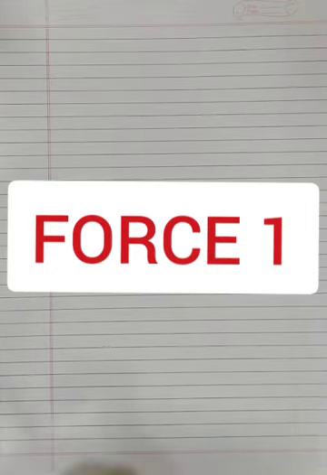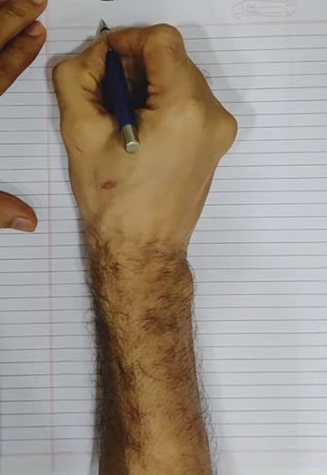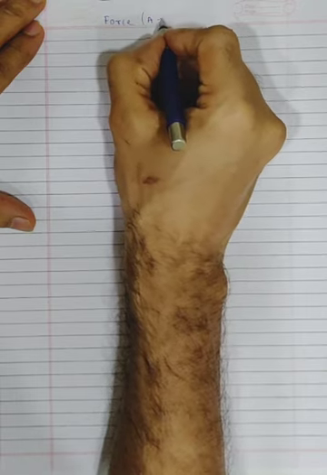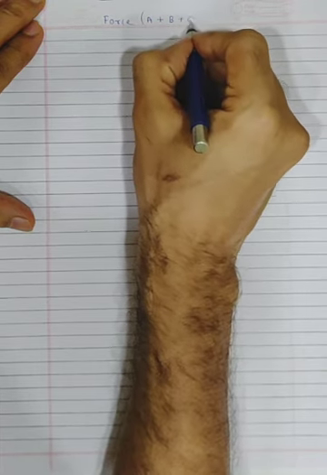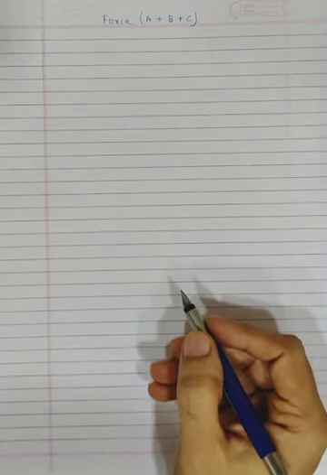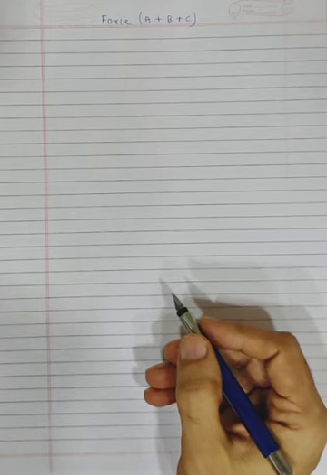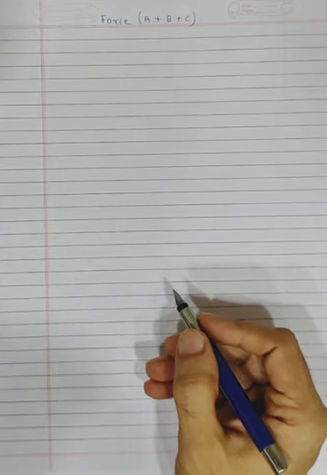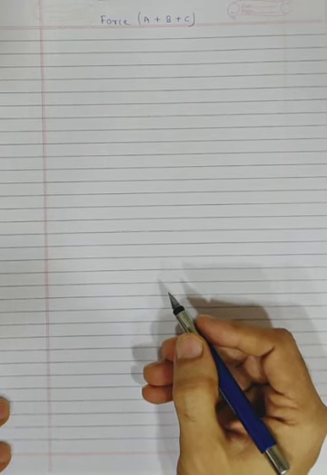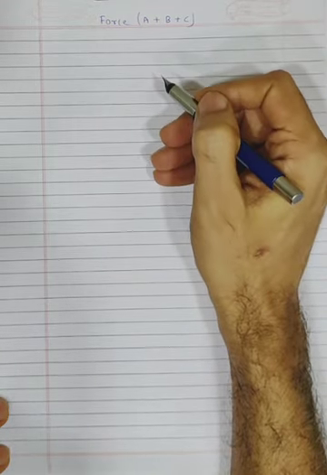So in this chapter, Force, there are three parts. Okay, A part has got numericals, and only A part has numericals. So B and C parts do not have any numericals. The theory which you have in the A part you've already done in the 8th standard. If you remember 8th standard theory, it will help you. And B and C parts are very small, hardly two sides in each, and there are more objective type questions in B and C.